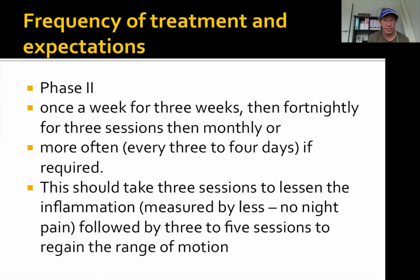This should take about 3 sessions to lessen the inflammation, so hopefully get on top of the night pain. That's the first thing, and then obviously followed by 3 to 5 sessions to regain some range of movement. Now that varies from individual to individual. So, you're basically looking,